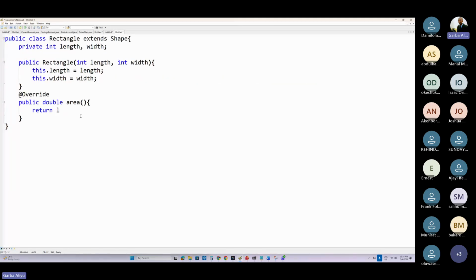So here now the area will be length times the width. All right, so the perimeter